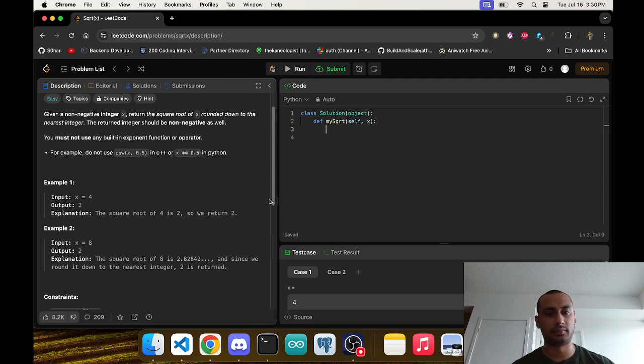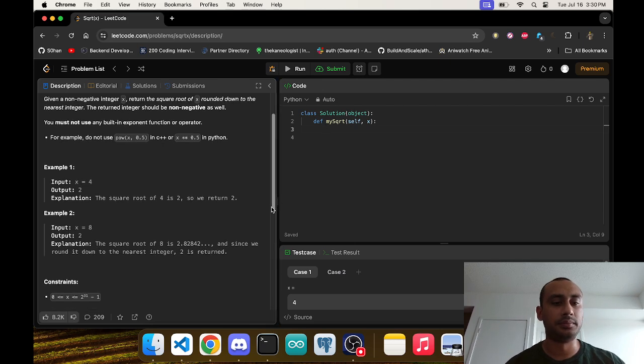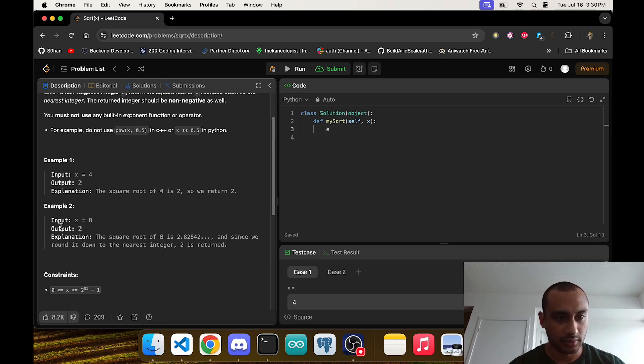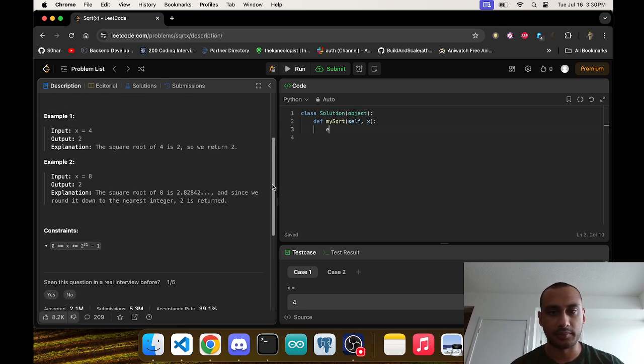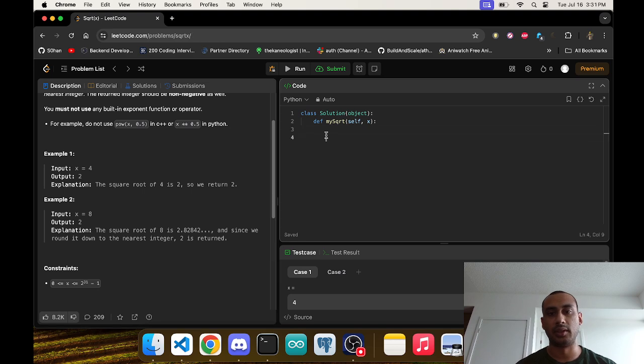So for 4 we get 2, for 8, output 2, since the square root is 2.8. What are the constraints? x is between 0 and 2 to the power 31 minus 1. Okay, so it's like any number in this range. So what I'm going to do is